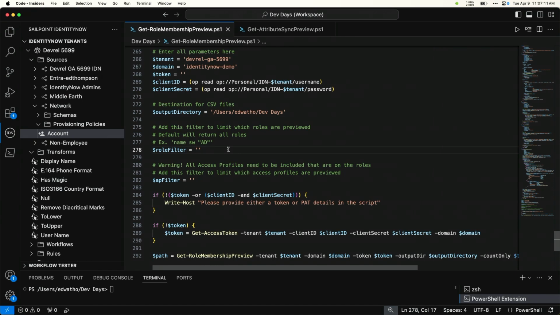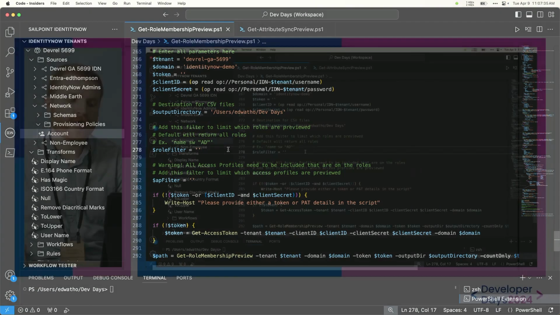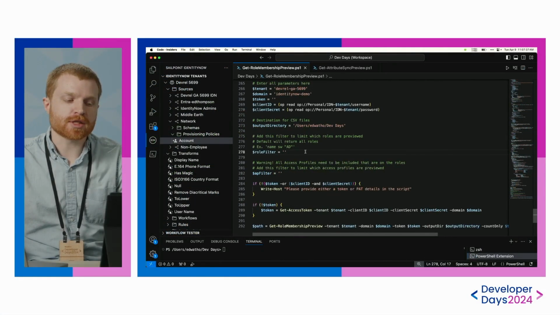By default, it'll get all the roles, all the access profiles in your tenant, but sometimes if you want to limit the scope down to just a set number of roles, it will speed up the script process if you have a large number of roles in your tenant. That could be an example of maybe the name of all your roles starts with AD, you can add that in there, or maybe you want to sort by just the roles created in the last 7 days,